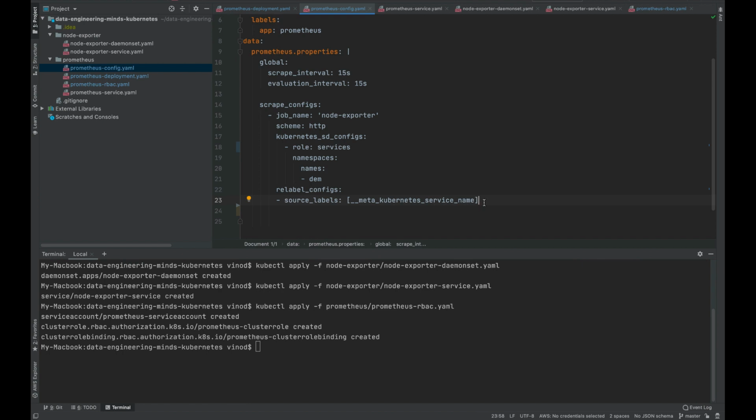Now for applying the filter, we are going to use a regular expression, which is called regex, and we want to filter for the NodeExporter service, which is basically NodeExporter service. So this will filter the NodeExporter service name from all the services of Kubernetes available inside the namespace DEM. Then we have to specify one more field called action, which is keep. So what this will do is,